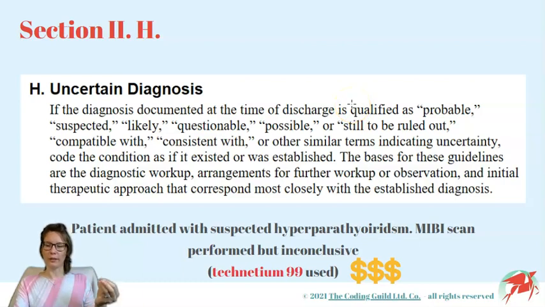The reason for this is that once the facility uses its resources for workup or treatment for an assumed condition, those resources are gone and will not come back for free. If, for example, we have a patient with suspected hyperparathyroidism and a sestamibi scan is performed, then the technetium-99 radioactive material needs to be paid for, not to mention the technician and all other costs. Regardless whether we establish the diagnosis or not in the end, these costs must be covered. In order to make sure that they are, we will need to assign the unconfirmed diagnosis as the principal so that the case will group into the appropriate DRG and gets paid enough.